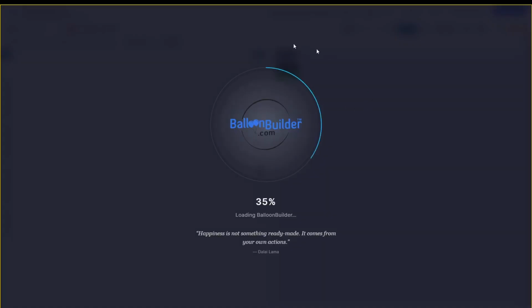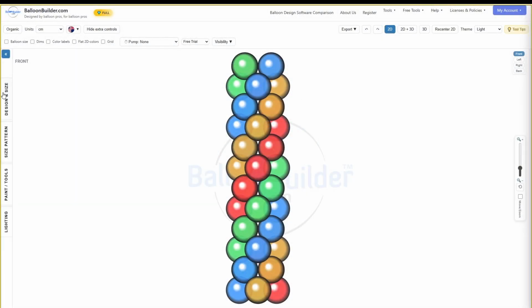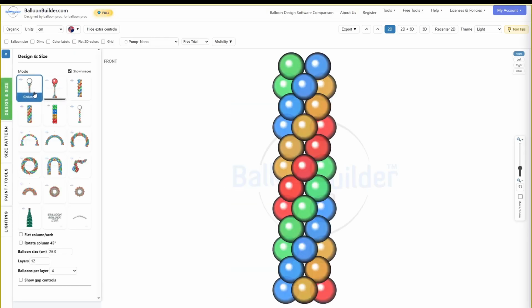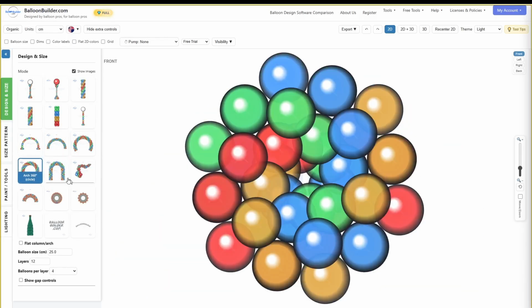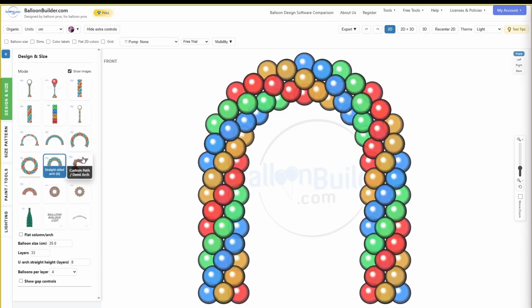Okay, so this is what you see when you open the BalloonBuilder Arch Builder. The default mode is column, but you can change the mode to arch, with different shapes of arches, even custom path or organic shape. And there's also organic mode over here, but by default we are working in classic mode. There are different kinds of